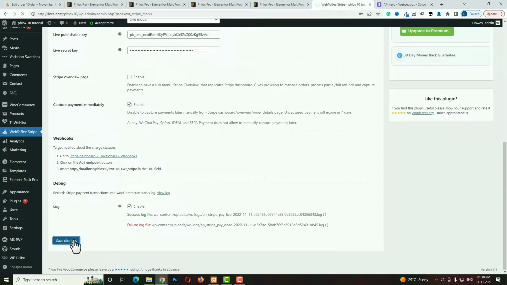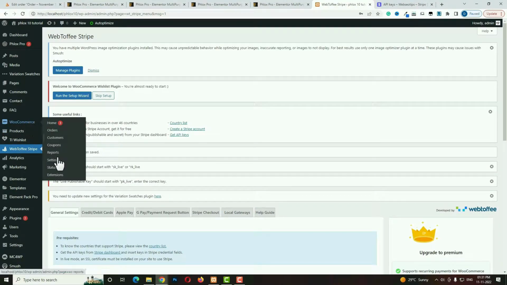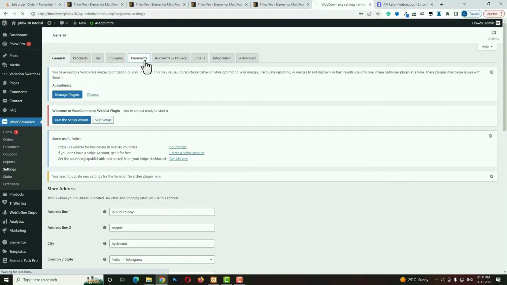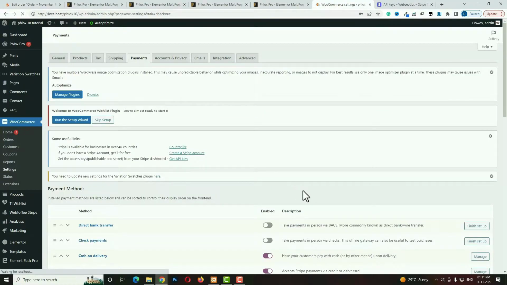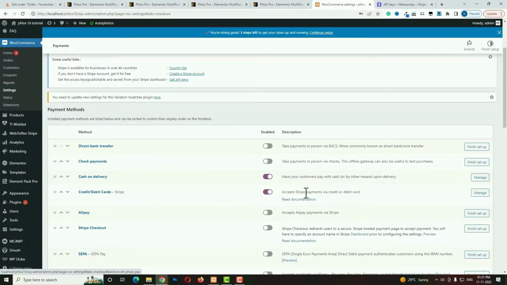Now again I have to come back to the WooCommerce settings. So for that, again I have to hover on WooCommerce, and after that click on the settings option. Now again I have to come back to the payments tab. Before there were only 3 options, but after installing the plugin you can see there are so many options available now. So from there you have to enable this credit/debit card/Stripe, and after that you have to click